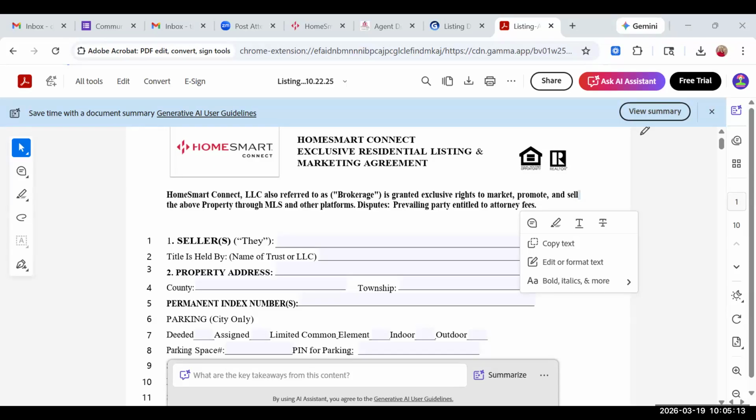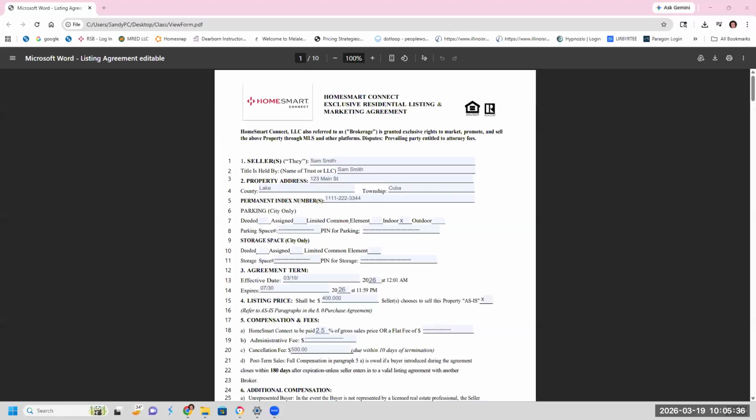I've got that listing agreement up on my other monitor. It says you're starting to share your screen, and there we go. You've got it.